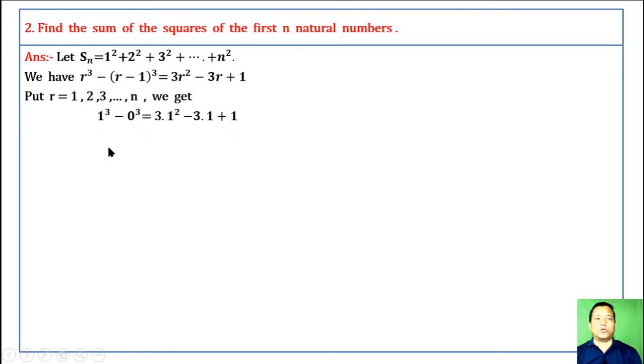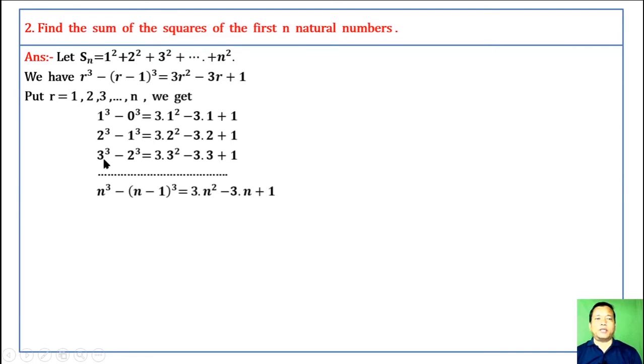When r is equal to 2, we get 2 cube minus 1 cube equal to 3 into 2 square minus 3 into 2 plus 1. When r is 3, we get 3 cube minus 2 cube equal to 3 into 3 square minus 3 into 3 plus 1, and so on. When r is n, we get n cube minus n minus 1 whole cube equal to 3 into n square minus thrice n plus 1. Adding vertically, we get cancelling diagonally,